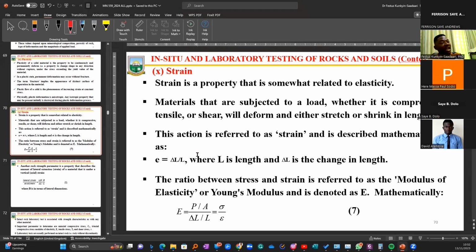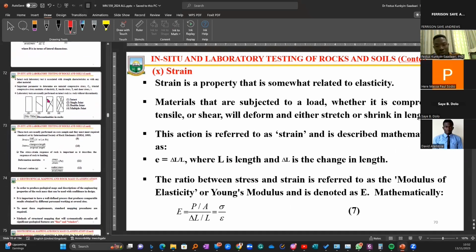It goes with that of the elasticity. You can't talk about the elasticity of the rock without mentioning the deformation that will come along with it, which is the strain. So now,